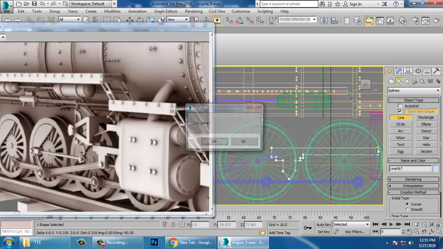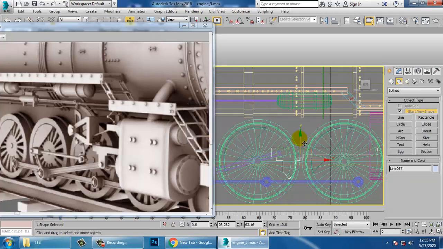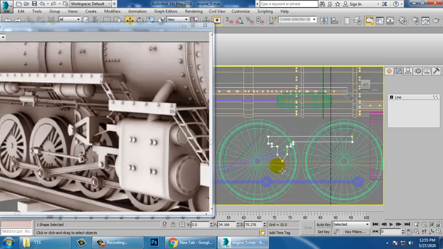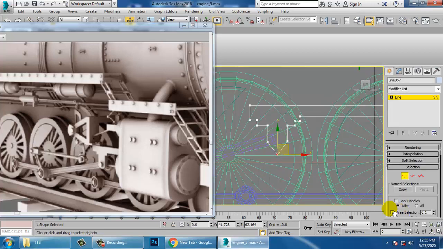Close the shape and let's just push this till here. Resize this and push it till here. Select this and let's give a bit of fillet to it.